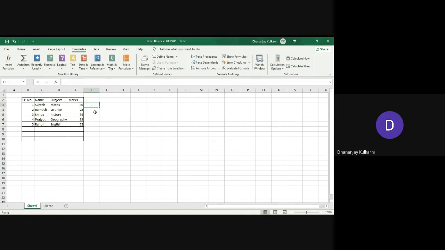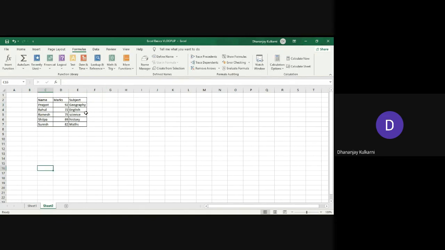And you can use it for n number of factors, let's say there is date of birth or some other factors as well, let's say address. It is very difficult to copy this individually, right? So if you use the VLOOKUP formula, it will be very easy. And whenever this data gets updated, let's say the marks are updated, it's not 80, it's 82, for Suresh marks are 82, then if we are using the VLOOKUP, these values will also get updated automatically. So this is one of the benefits of using the VLOOKUP. This becomes a dynamic sheet where the values get updated automatically.